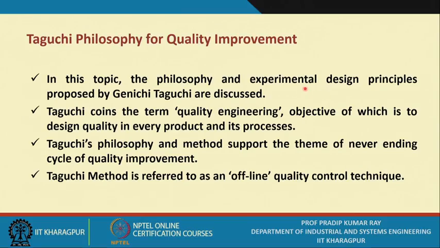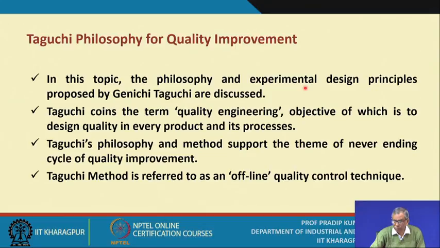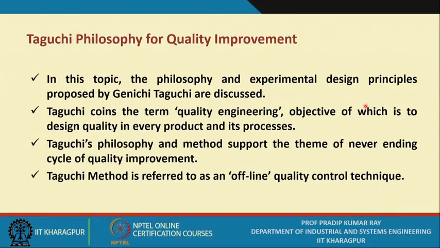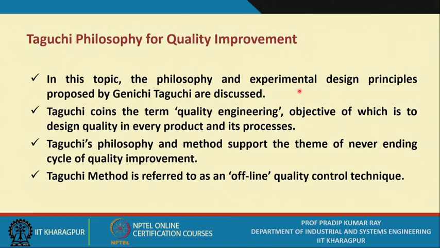So while you refer to a prototyping of a particular product, obviously you have to follow certain experimental design principles, because you need to carry out a lot of experiments at the prototyping stage, so that you must know under what conditions the product is supposed to provide the best possible performance. Okay, so this is the first point to be remembered,